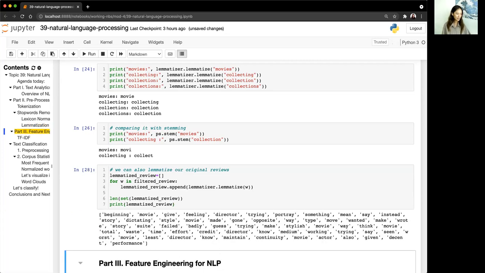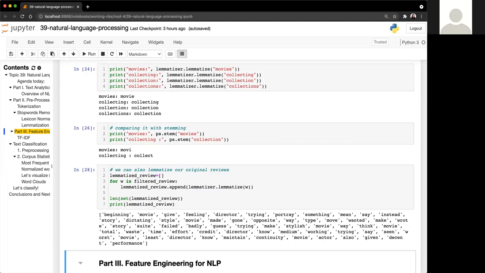So typically you'll see that the number of unique words you get out of stemming ends up being less than the number of unique words you get out of lemmatization. So, pros and cons: if you really want to reduce as much noise as possible and you're okay with words like collection and collect being treated as the same word, maybe you can do stemming instead of lemmatization. So it really depends on how you want to treat your data. And once you see how the models treat each word, which will become clearer later, you might be able to make that decision better based on context.